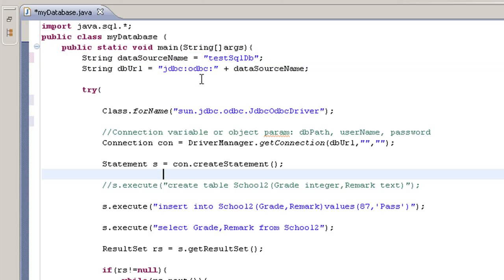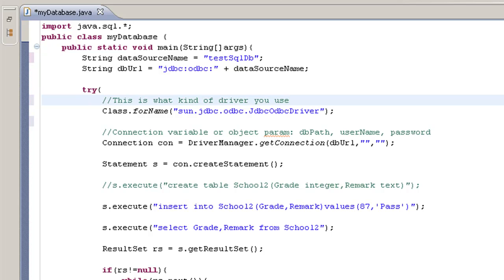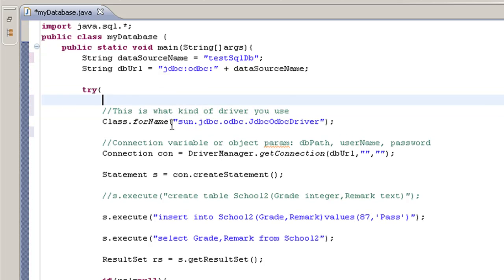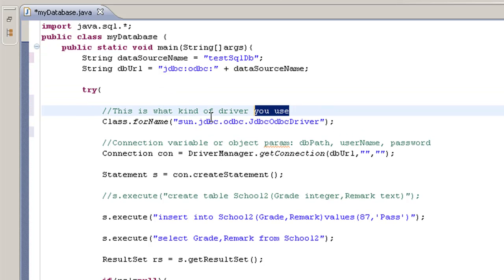Okay, so we will comment this class for name. This is what kind of driver you use. So we use the ODBC driver or driver DSN or whatever it is called. It doesn't matter. What matters is we will be able to connect Java and MySQL.